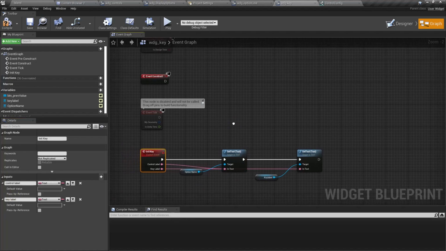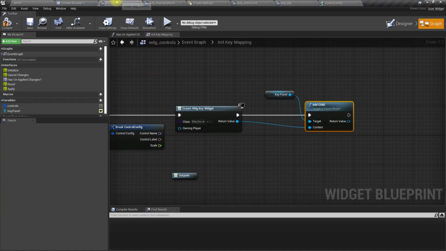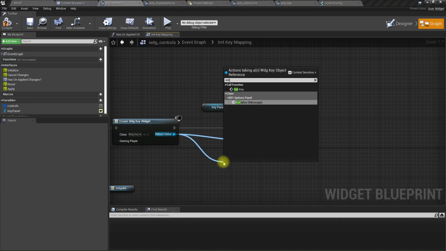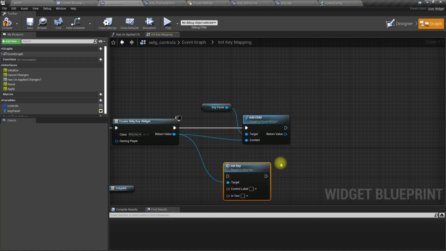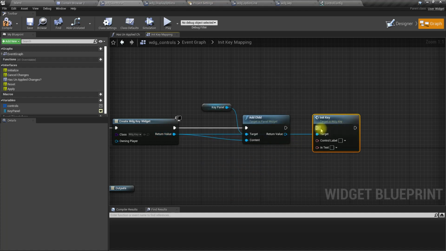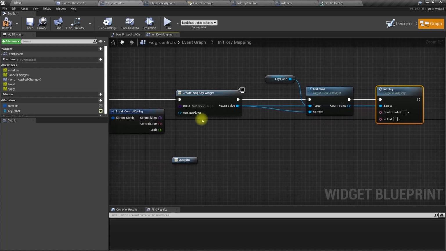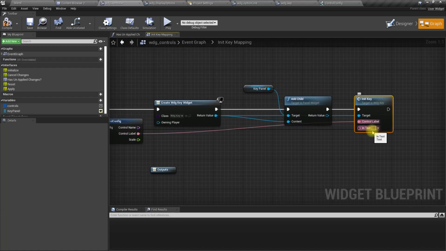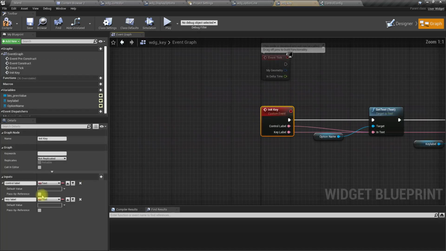Right, now in the controls we can initialize this key using the control label. For the key label,